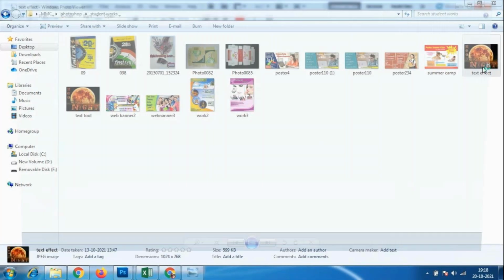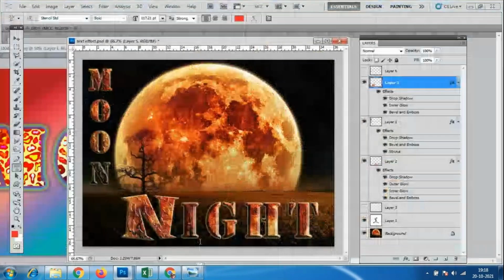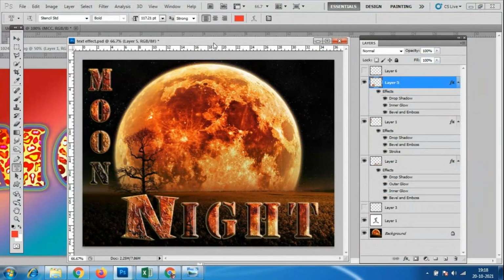This is the final output, and you can see the effect, the bevel options, all these options we have given. We can even add a curve shape like this. Before that we have to make the curvy things. So wrap text, all those things. Like this only we want it.